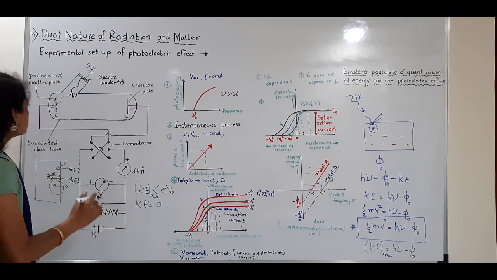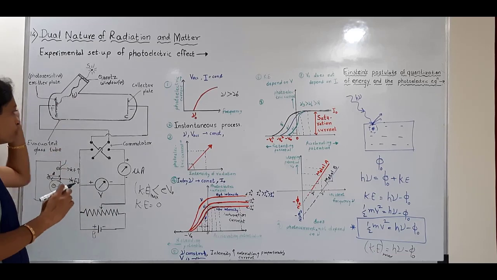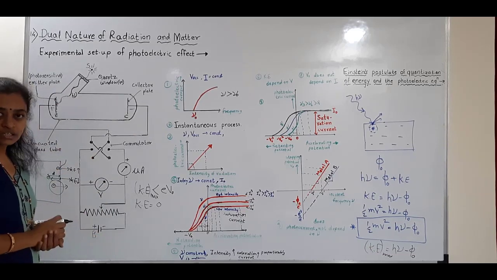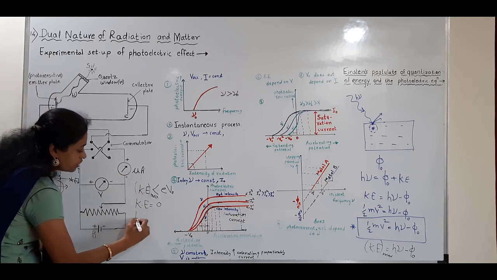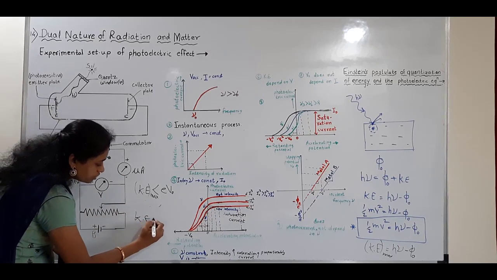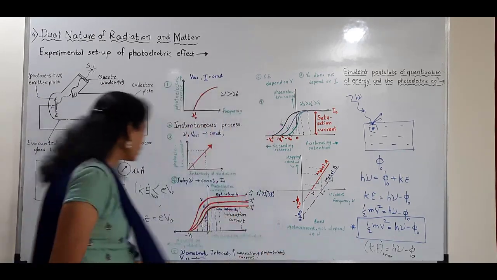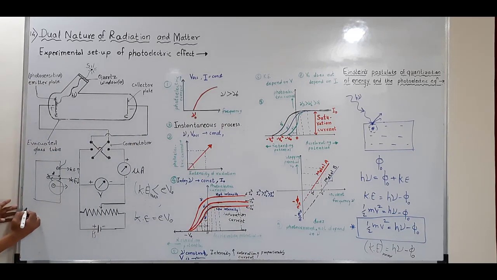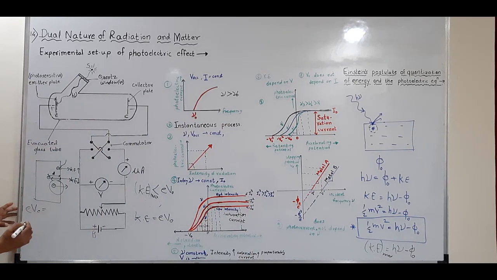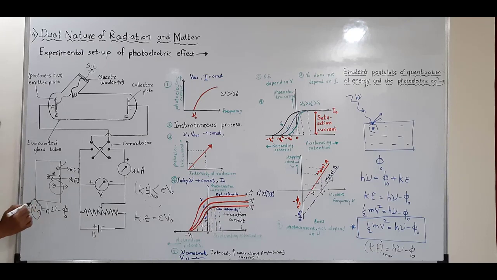It means the energy is not sufficient for the electron to reach the collector. We can also say that the energy of the electron is lost at the emitter, and no electron can reach the collector. Therefore, we can also say that the maximum kinetic energy is equal to eV0. Putting this value in the maximum kinetic energy equation, we write eV0 equals h nu minus phi 0.